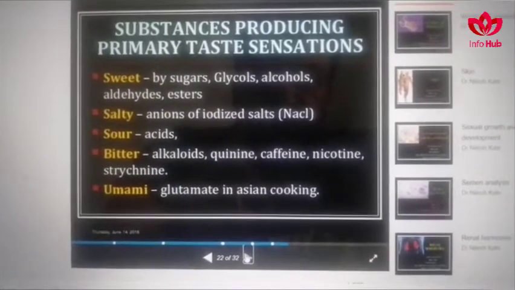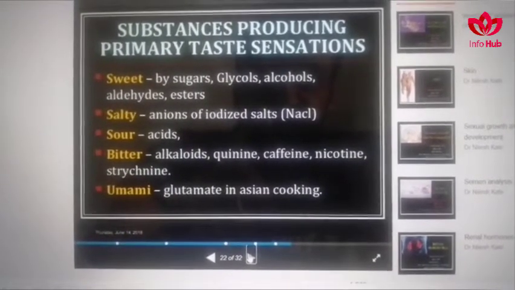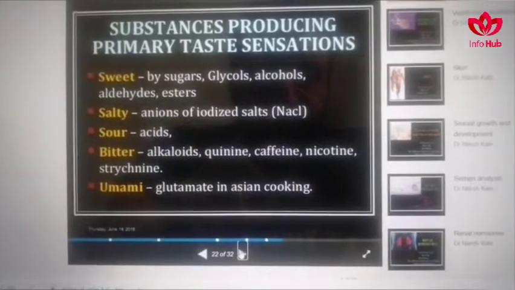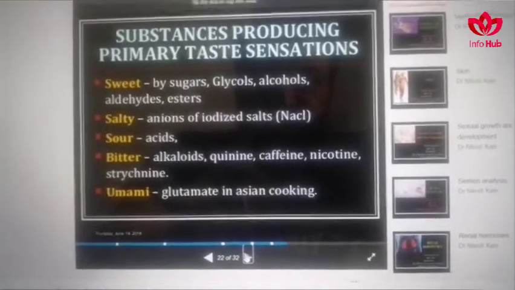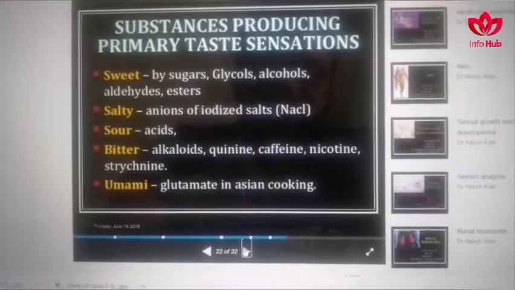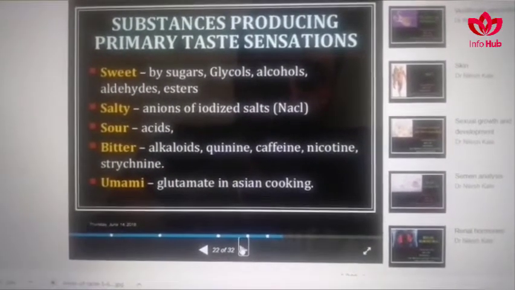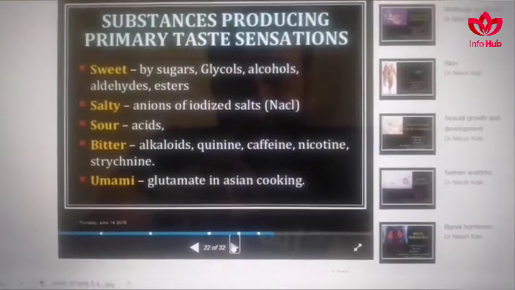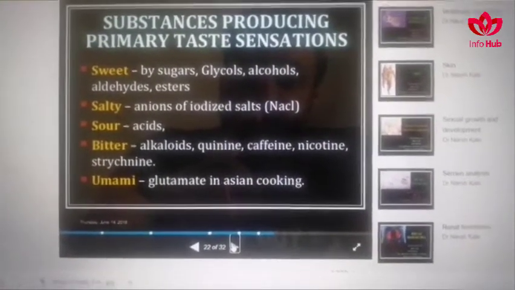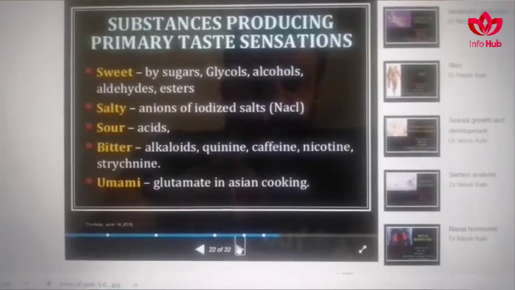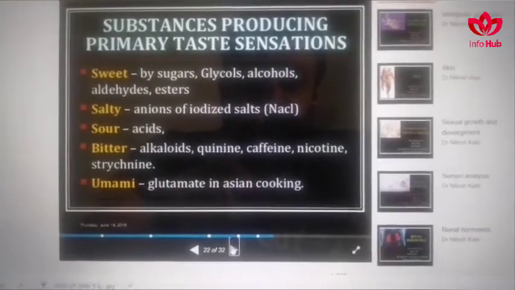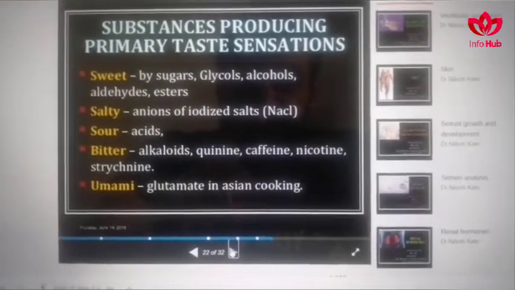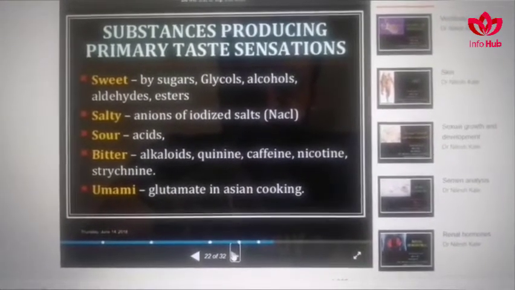So it's not like the tip of the tongue will determine a particular type of taste; rather, it will detect any kind of material that you put on the tip of the tongue. You will be able to detect whether it has a sweet, salty, sour, or bitter taste. So these are the basic tastes which we use to check in our labs